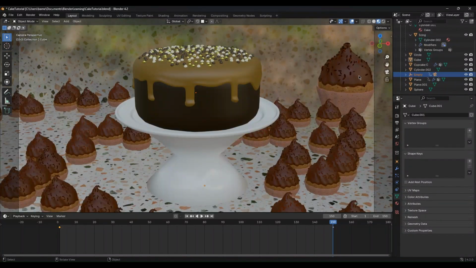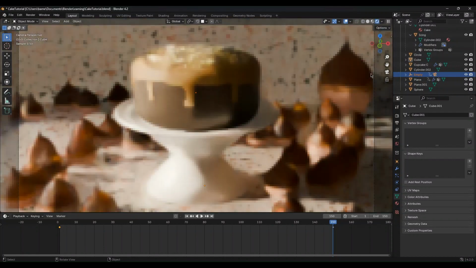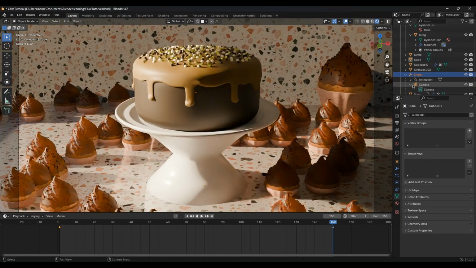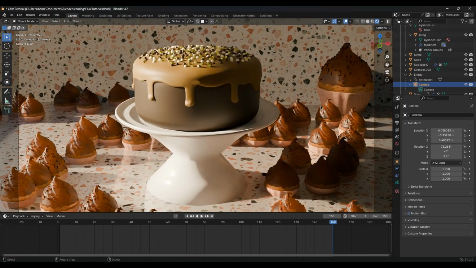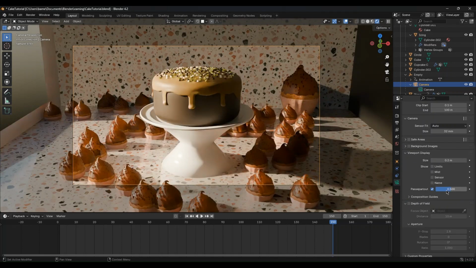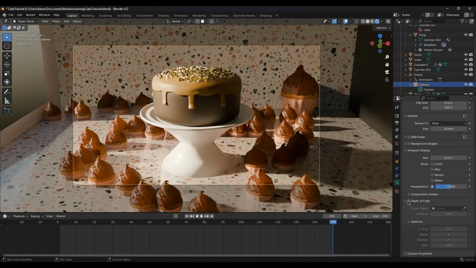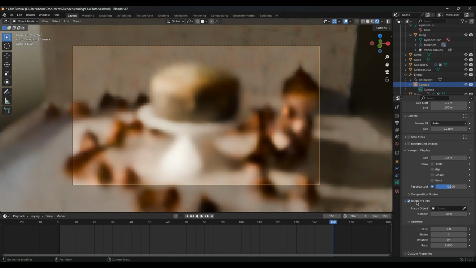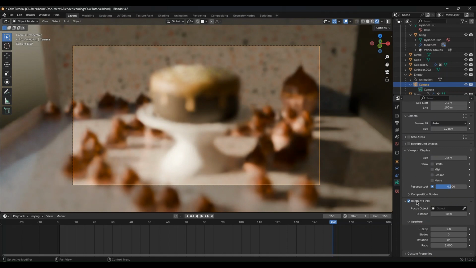Two things left to show. If we go back into rendering mode, two things left before the final render. Select the camera. Hold on, a bit too zoomed in for my liking. We go to the camera's data. Scroll down. Create depth of field. As you can see, the whole image has gone blurry, and that's because we don't have a focus object. So if we just click the eyedropper and click the cake,